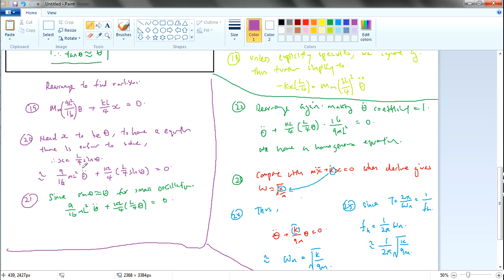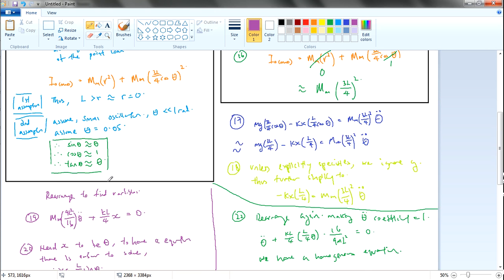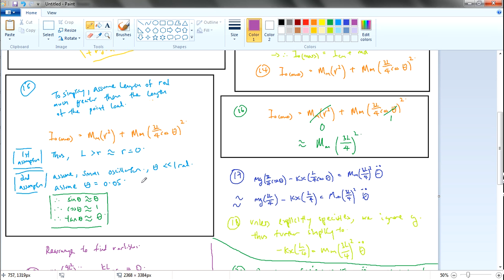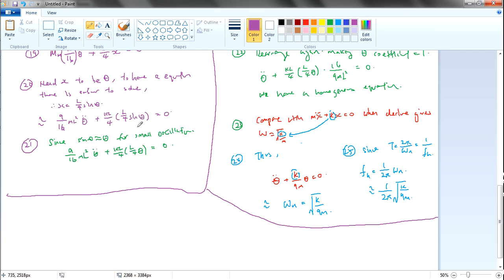And then we just sub it in. So this is the same as this. I just bring 9 over 16 out here, and then ml square, and then theta double dot, plus KL over 4, and then x changed to this, equals to 0, and we have a homogeneous equation. Since sine theta is approximately theta, as we can see, for small oscillation, as we have mentioned earlier over here, sine theta is approximately theta when theta is equal to 0.05. So we can further